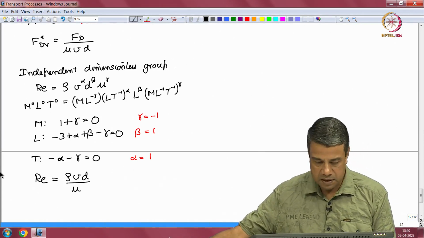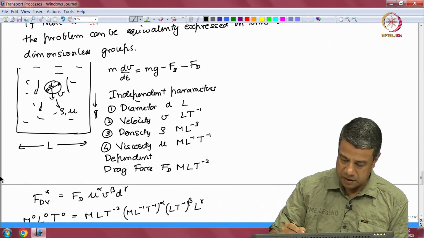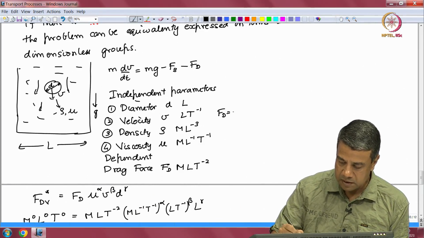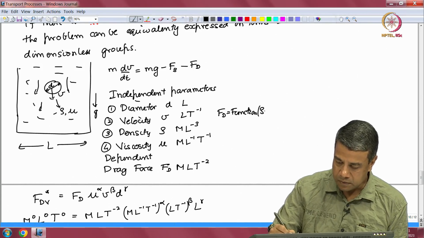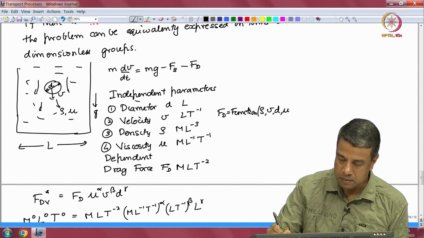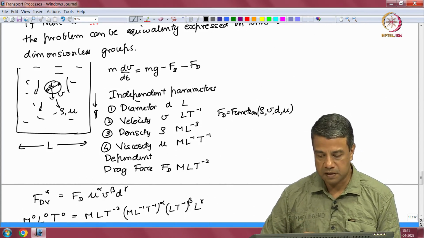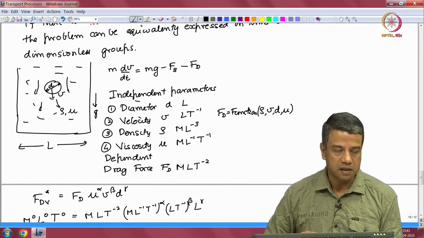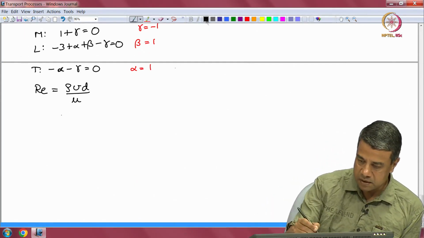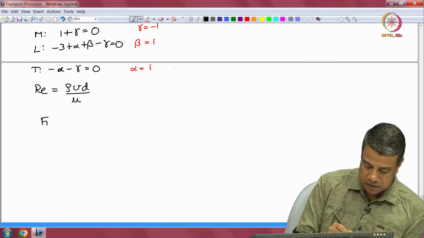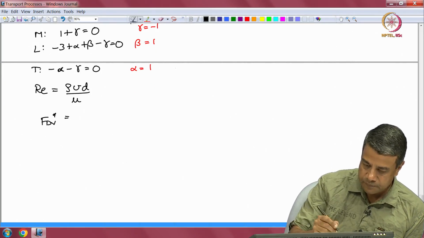So, therefore, my relationship between the drag force and these different parameters. In this particular case, the drag force was equal to some function of rho v d and mu. That was the original relationship. The drag force was dependent upon the diameter and the velocity of the particle, as well as the fluid properties, the density and the viscosity of the fluid. So, by dimensional analysis, I have reduced it to a relationship between just 2 quantities, f dv star is equal to some function,